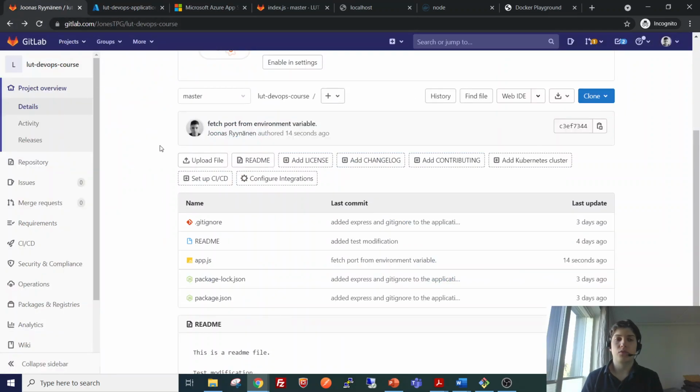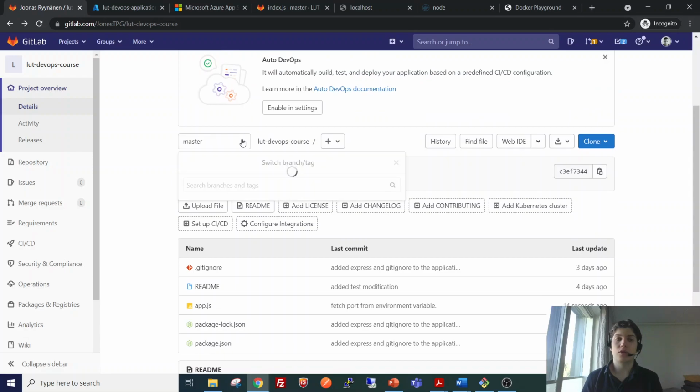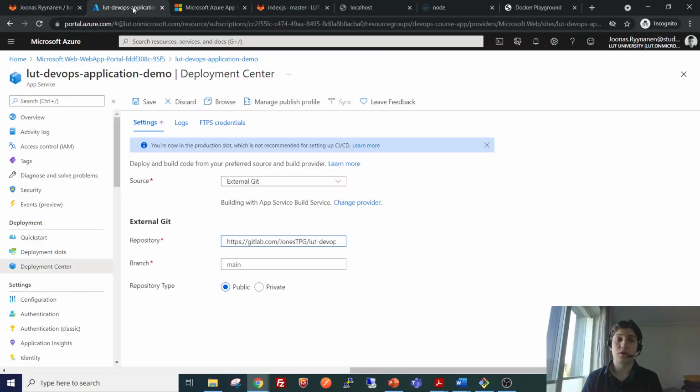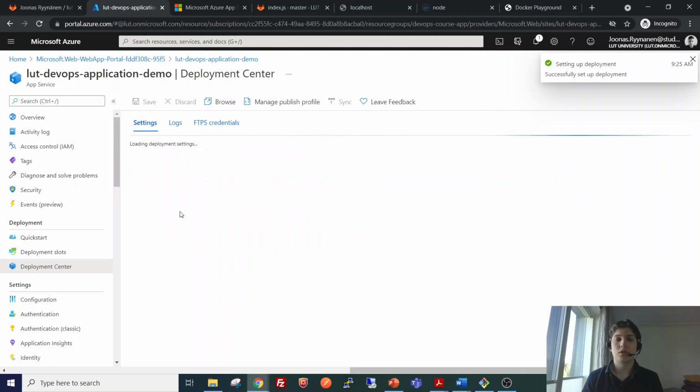Then let's tell Azure that we want the code from the master branch, and currently it is the only branch we have, and it is a public repository. So now the settings are correct. We can go ahead and save our settings.